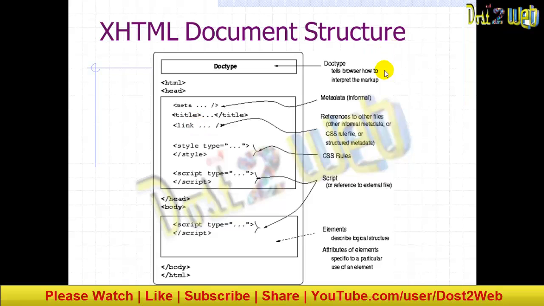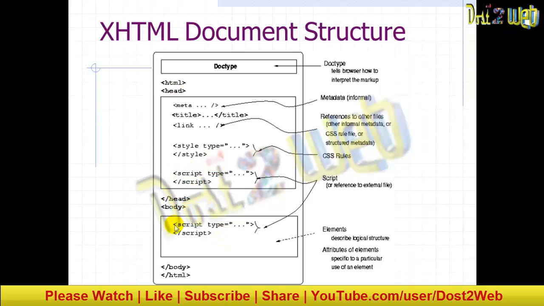You can see here, what is that? Metadata, that means meta tags, keywords, description, which you will get to know when you learn advanced topics. The title you know already. Link tag, what is the link? If you want to link some other files to this, you can define it. If you want to define CSS, you can use the style sheet, which is called style. If you want a scripting language, then script. You have to close the head tag, then body.